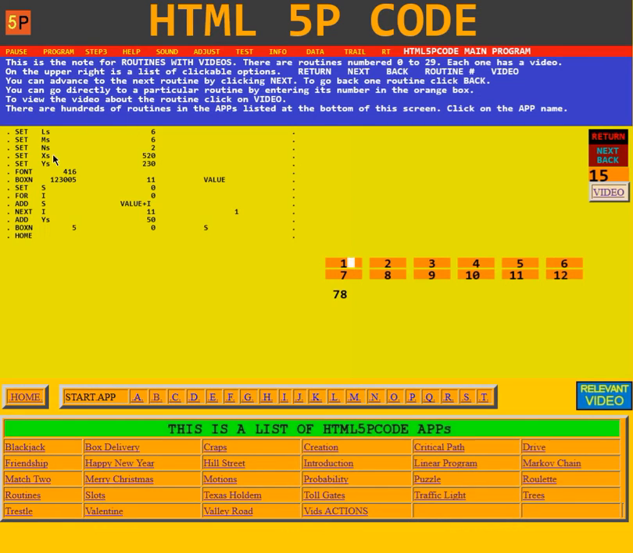Then it sets an XY position of 520, 230. That's the position here in front of this box with a 1 in it. Then it says a font of bold, that's the 4, 16 points. That's the size of all of these characters. Then it says box numeric,